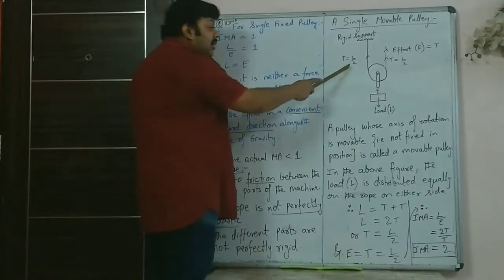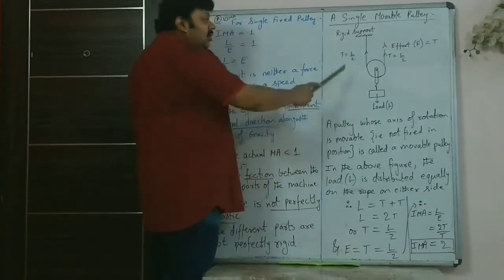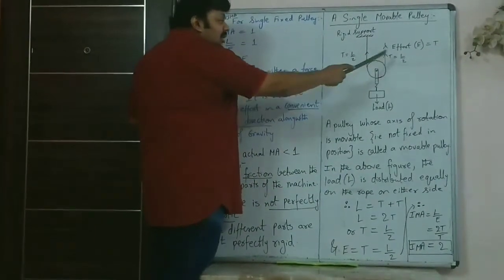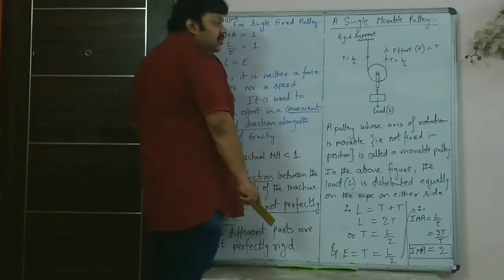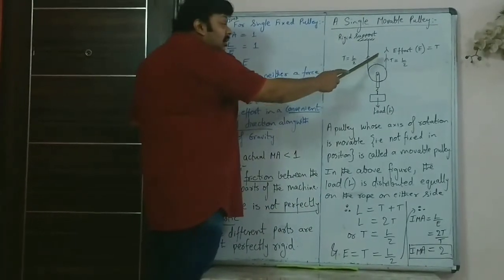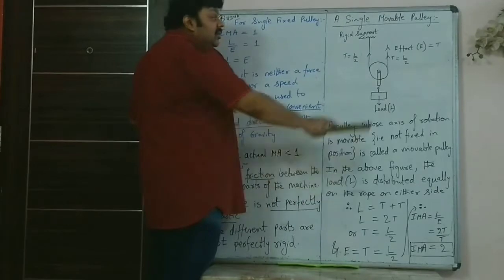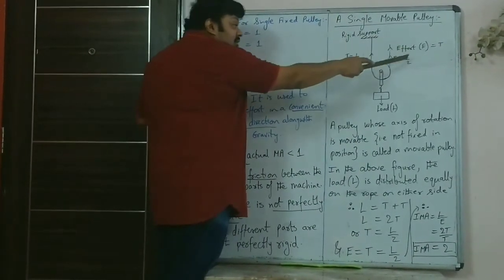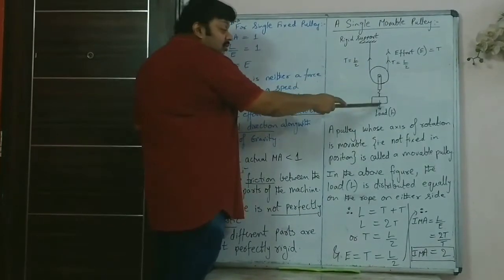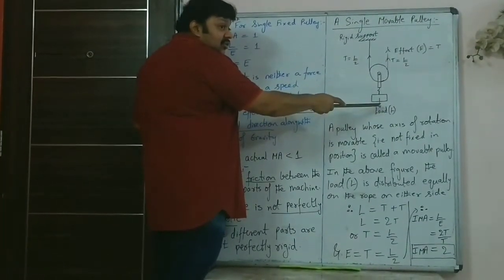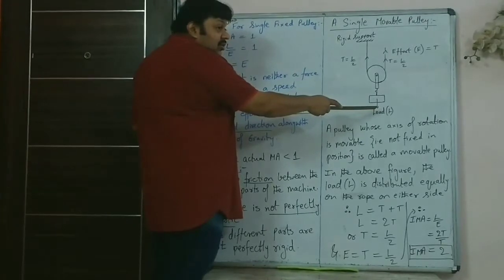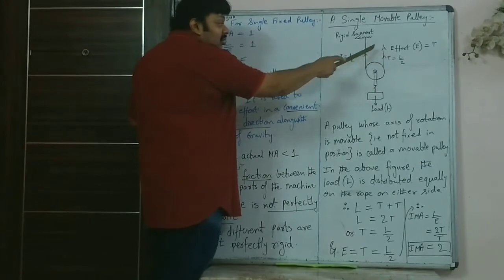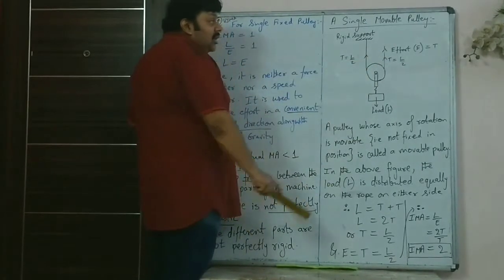This side you have L by 2, that side you have L by 2. Both the tensions together is equal to the load, or L by 2 is the tension in each of the ropes. Again note, the arrows are in the upward direction. The effort is also upward because you are pulling it up. The tension is also up in both the ropes. The load direction has to be shown in the figure. If this arrow is not there, you will lose half a mark. Load is to be shown, tension both upward direction, effort upward direction.